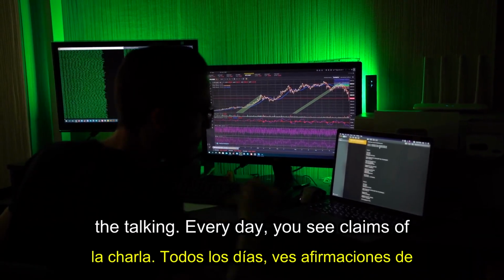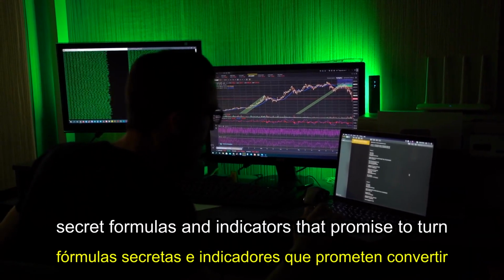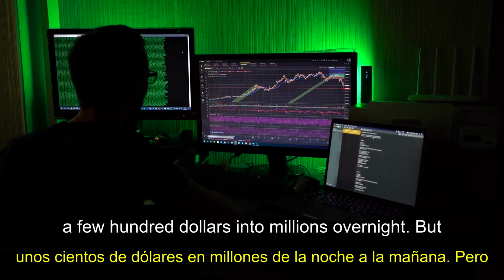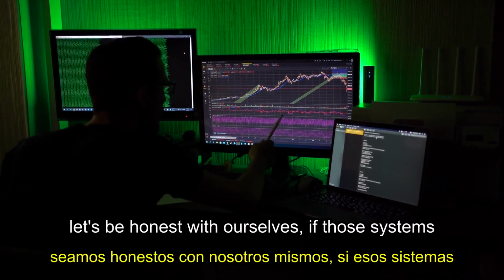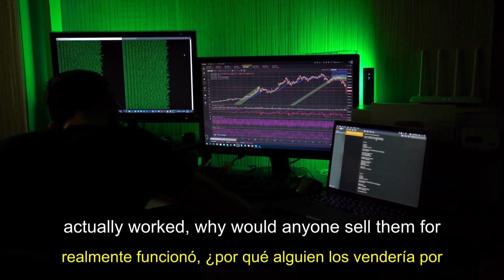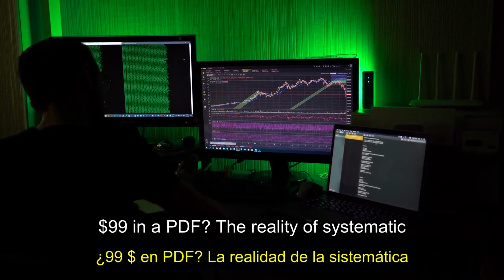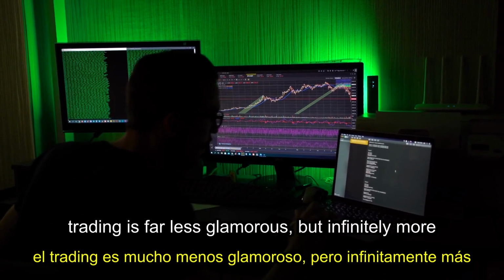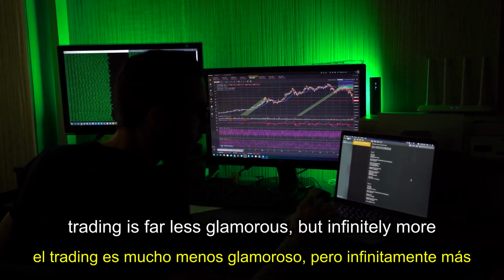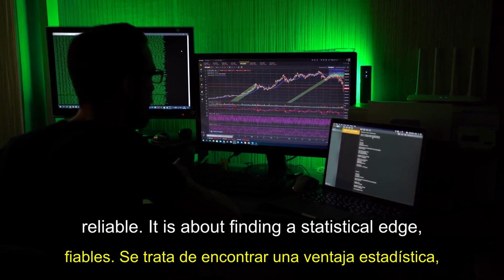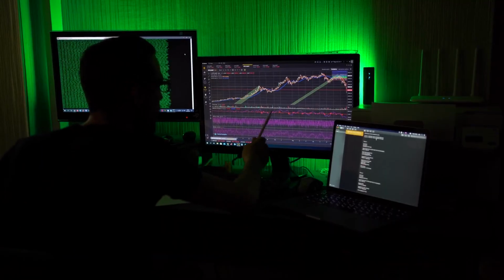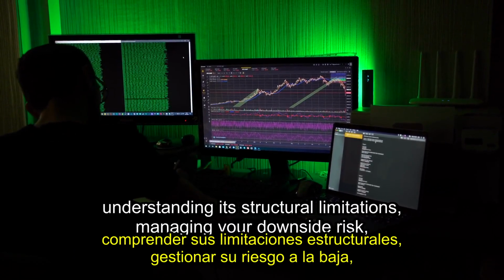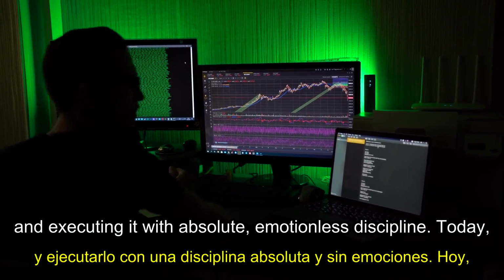Every day, you see claims of secret formulas and indicators that promise to turn a few $100s into millions overnight. But let's be honest with ourselves. If those systems actually worked, why would anyone sell them for $99 in a PDF? The reality of systematic trading is far less glamorous, but infinitely more reliable. It is about finding a statistical edge, understanding its structural limitations, managing your downside risk, and executing it with absolute,